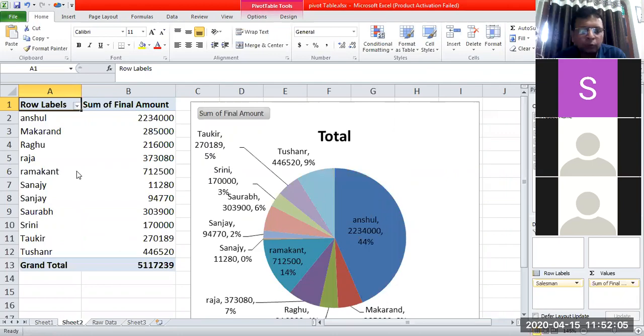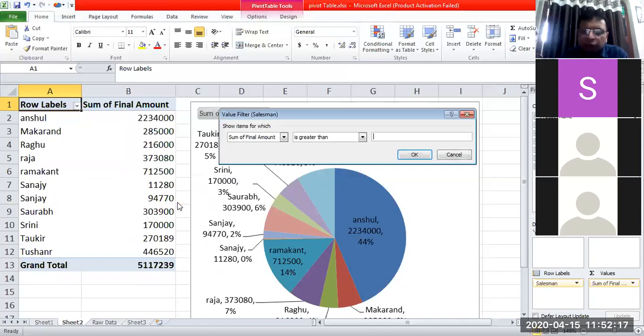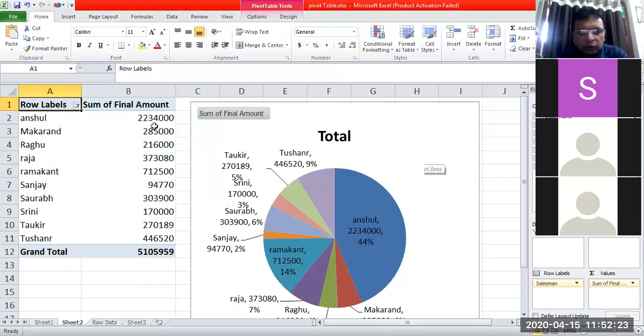Again, I have one more interesting filter here, that is a value filter. On this chart, I can apply the value filter that only those products which are having sales amount greater than suppose 50,000, that will be shown. The rest of the products are removed. So around 4-5 items have been removed from here.